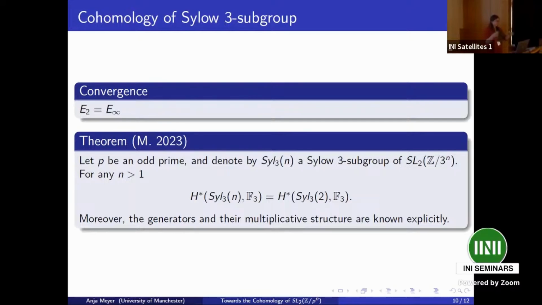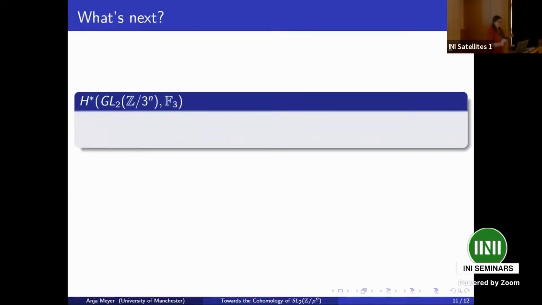And in a way, this is kind of putting the end to something. But if you consider where we came from, what the underlying project was that my PhD thesis is set in, this is just the beginning, because we have two avenues to pursue now. First of all, we still need the cohomology of GL2 over Z modulo 3 to the n. So what we need to do first is apply the stable element method to the cohomology of the Sylow subgroup of SL2. And this gives us the cohomology of SL2 over Z modulo, hopefully, 3 to the n. This is currently work in progress.